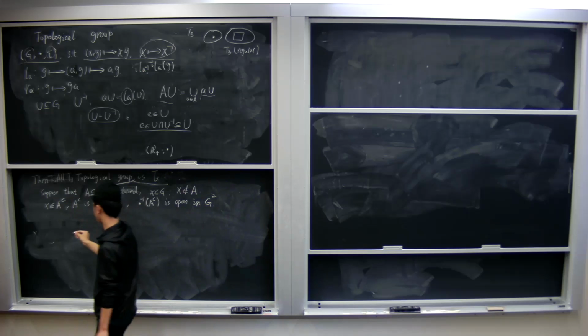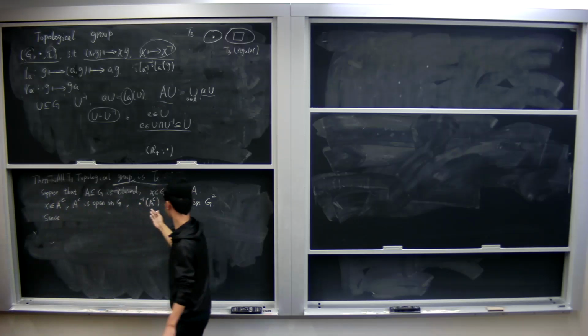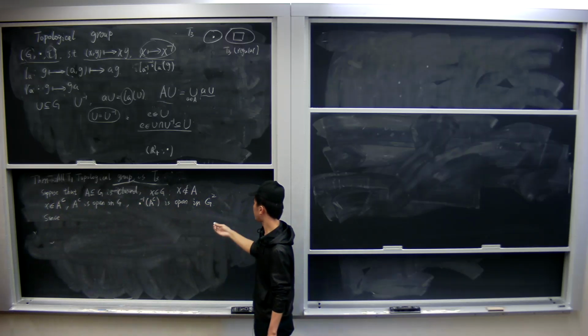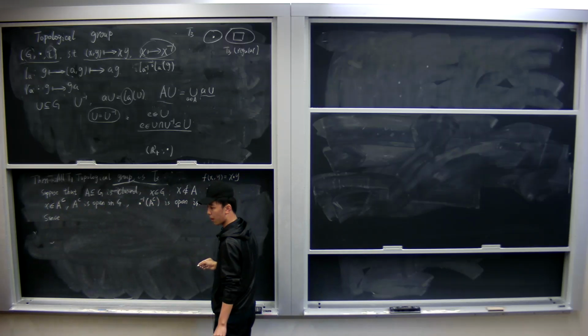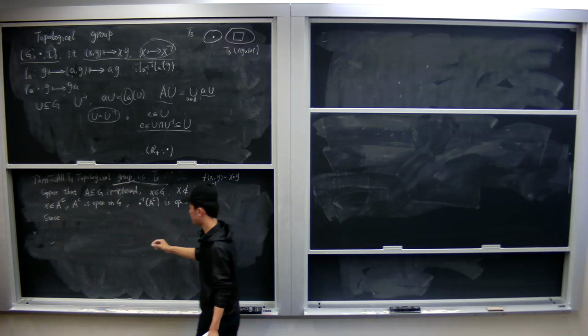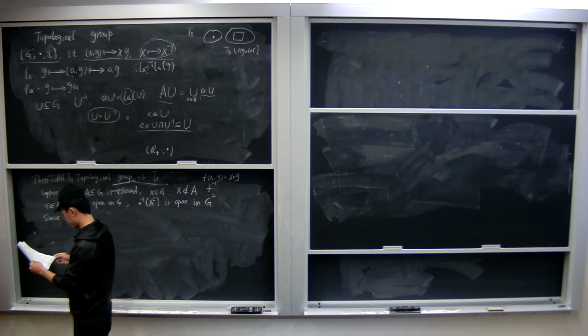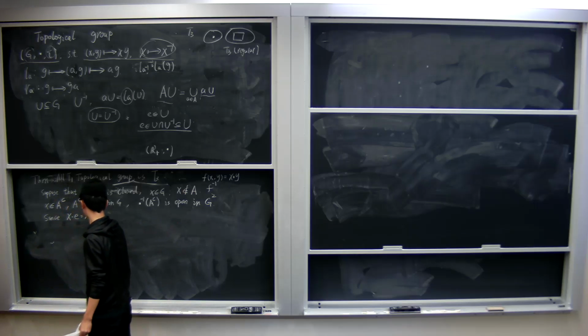Sorry, I've lost track. What is that point? The point just means f(x, y). If xy is x times y, this means the same as f inverse. The function of two variables goes from G squared to G. Yes, that's true. So since x times E is equal to x, which is in A complement,